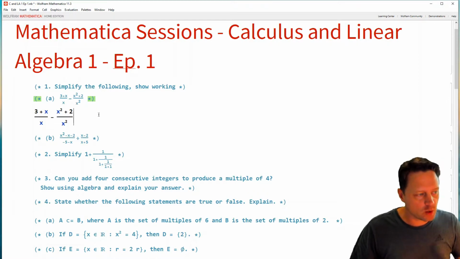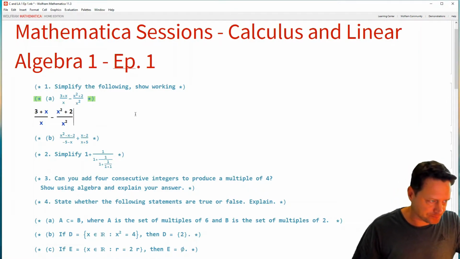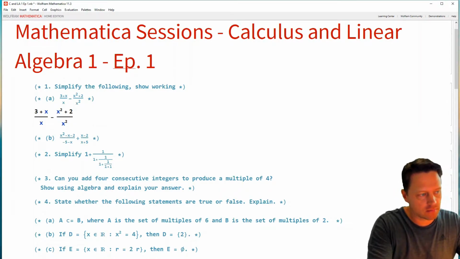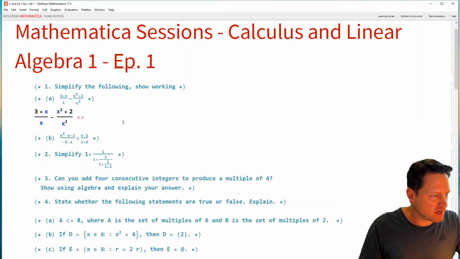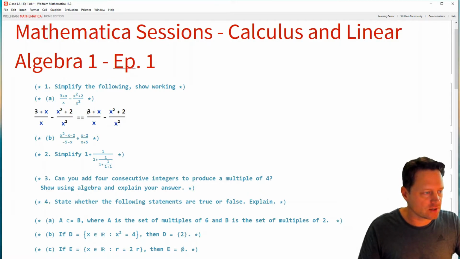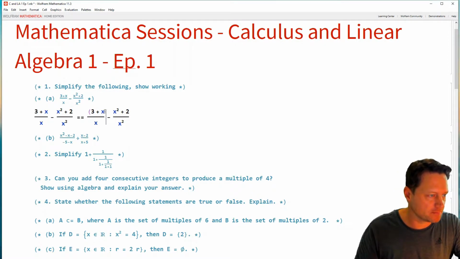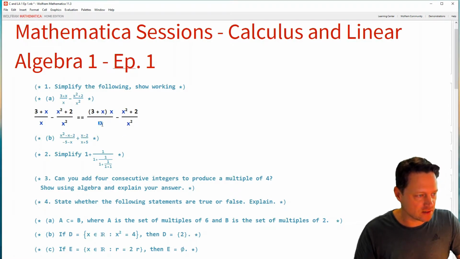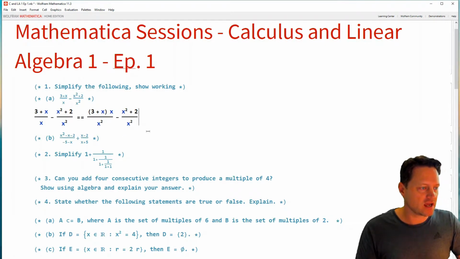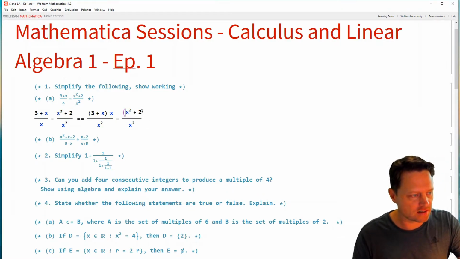Okay, so what we want to do with this one first is get a common denominator in this expression. So I'll just paste it here. Now what we want to do is multiply the left-hand term by x on the numerator and the denominator. So times x, and then x times x is x squared. So I'll copy and paste this over. Okay, now that we have that, let's put a bracket around this one on the right-hand side,